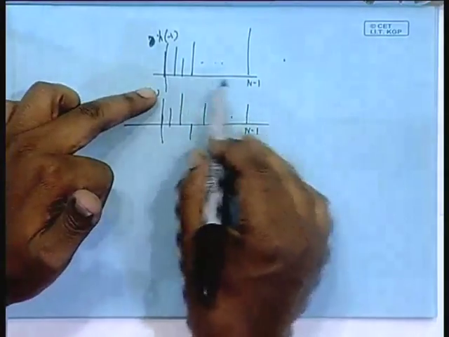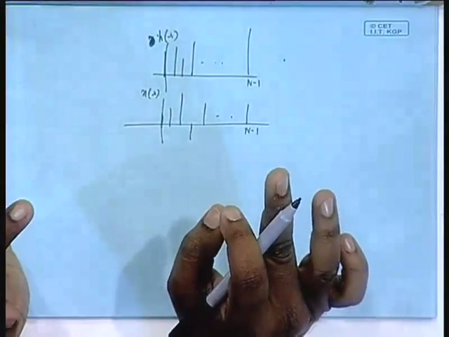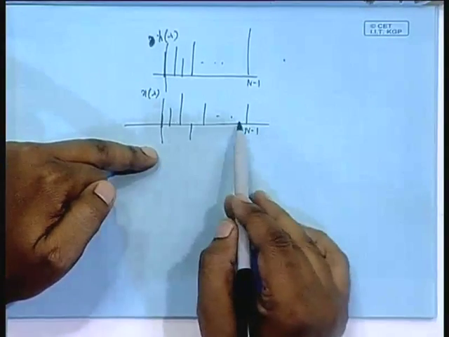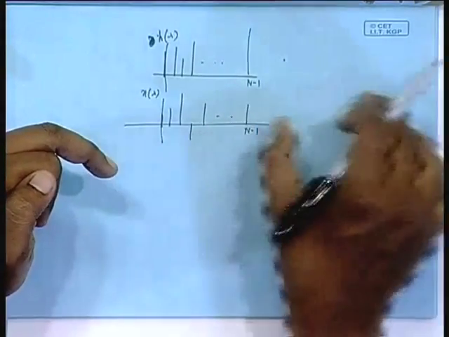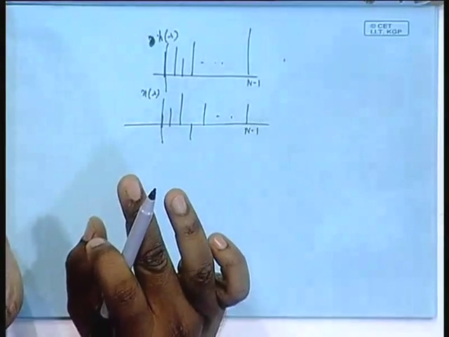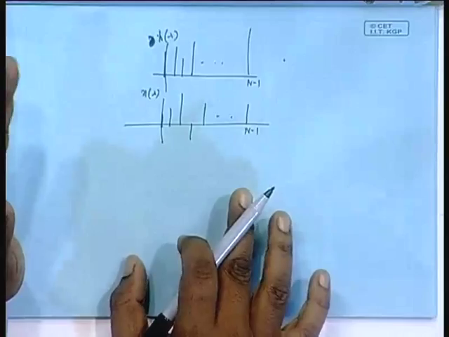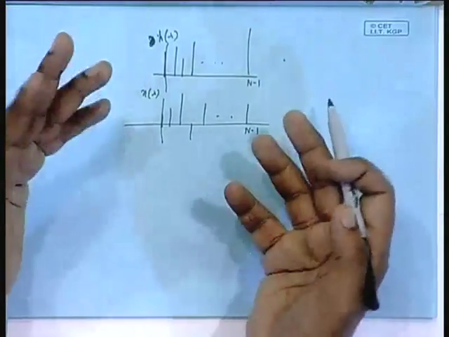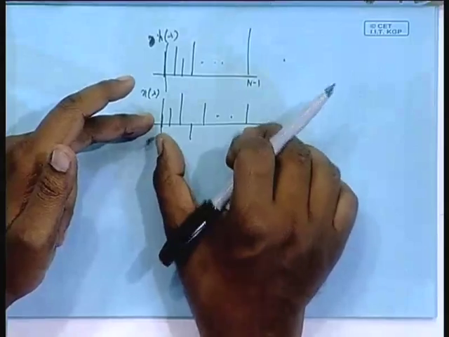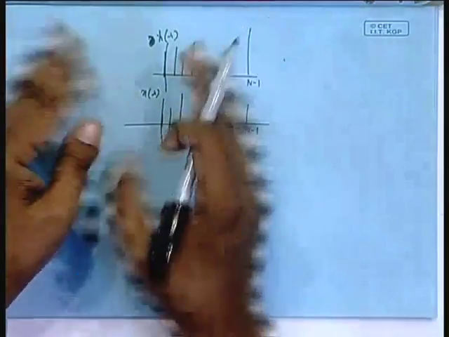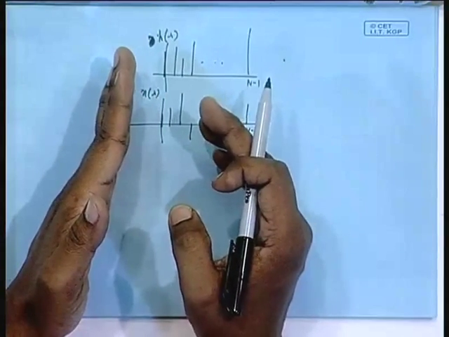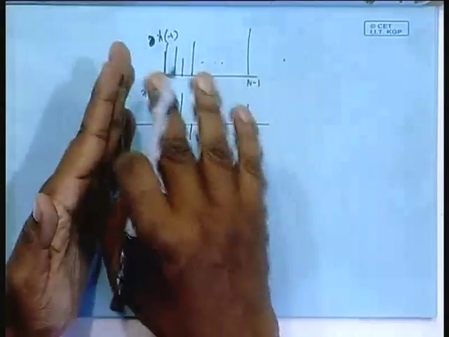Now, first step is hold one sequence as it is, do not change h, say. Next step is make a periodic version of the other, that is, construct a sequence by repeating it again to the right and to the left. Third is reverse this. Unlike linear convolution where you just reverse, here do not reverse the given one; make a periodic version, then reverse. After reversing, shift it to the right by small n. These two, reverse and shift, are common.